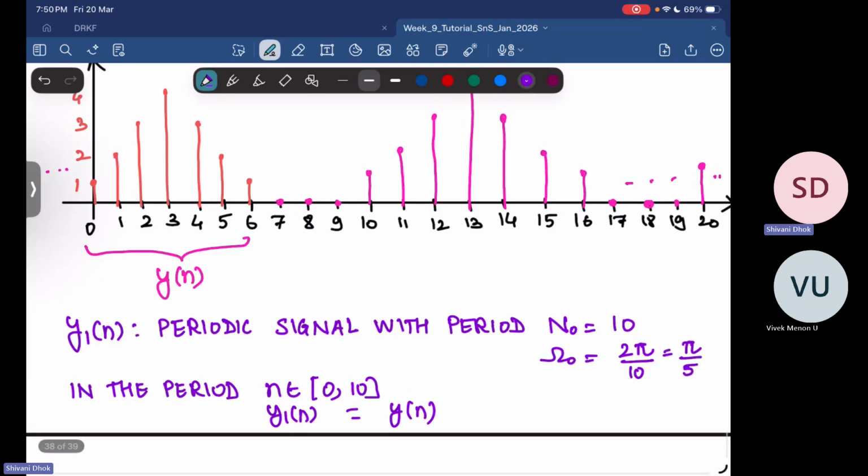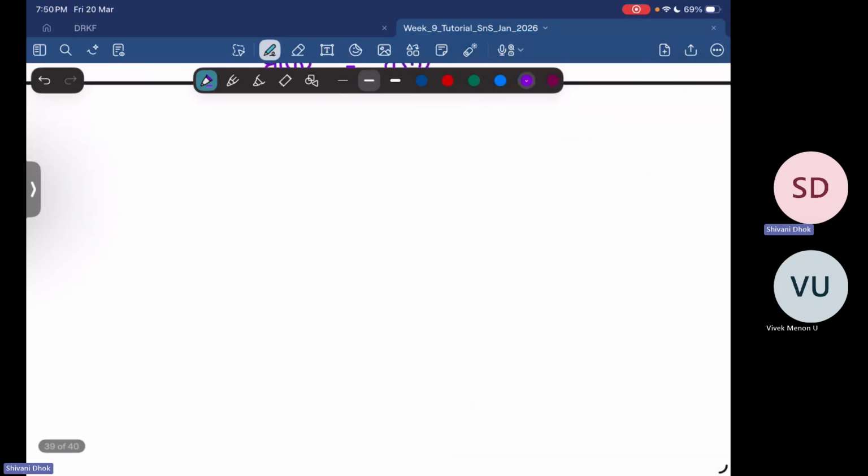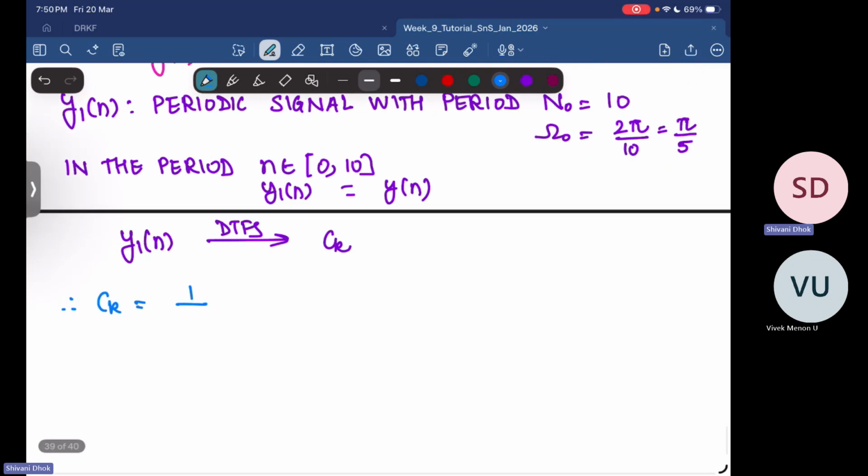So this is what we just saw. Now we want to find out the Fourier series coefficients of this. Let's say this y1 of n has the Fourier series coefficients ck. Therefore ck will be equal to 1 over N naught, which is 10, summation n running from 0 to N naught minus 1, so 9, y1 of n